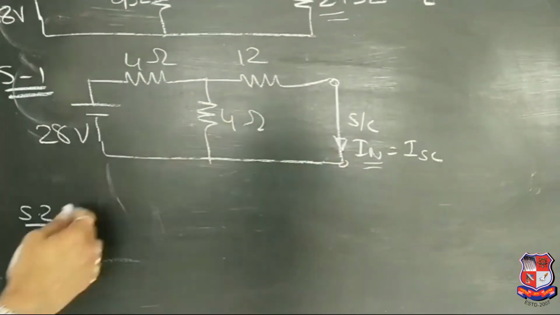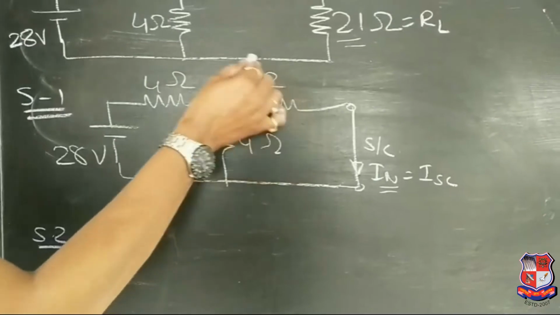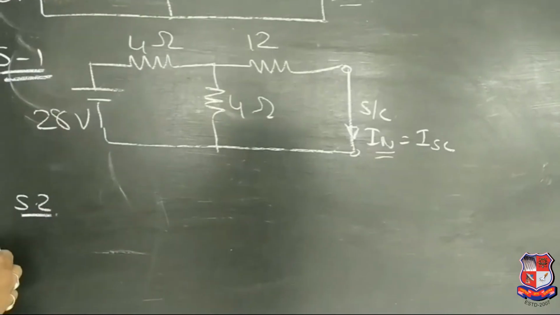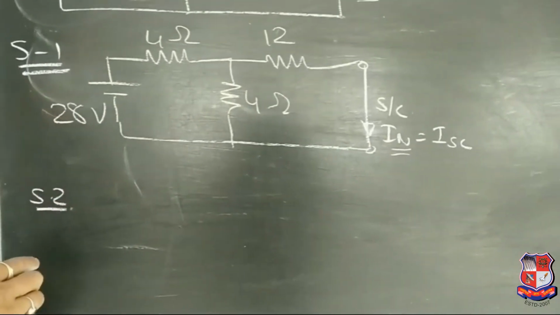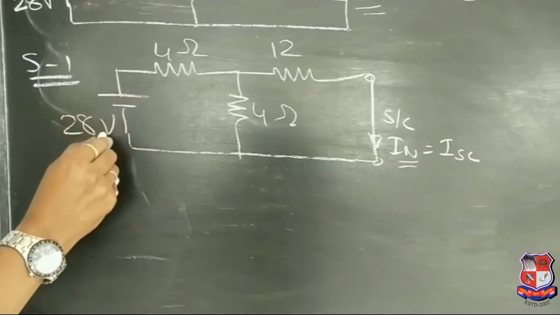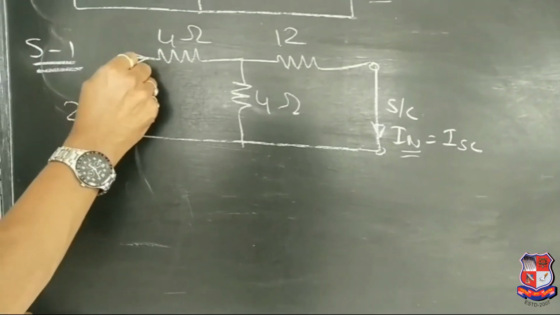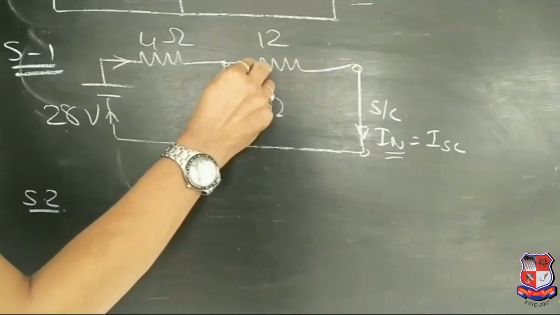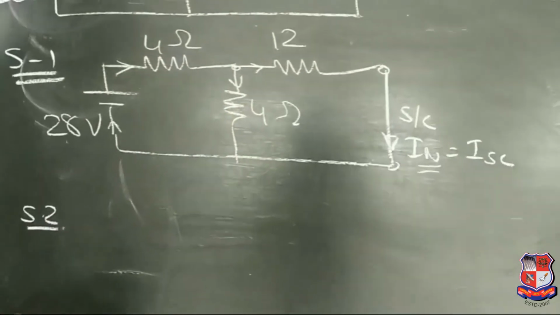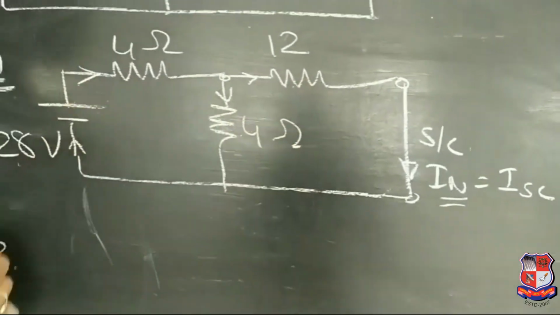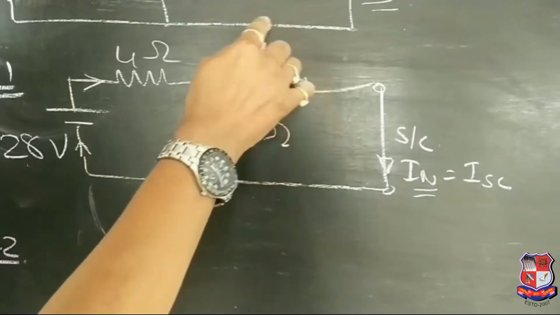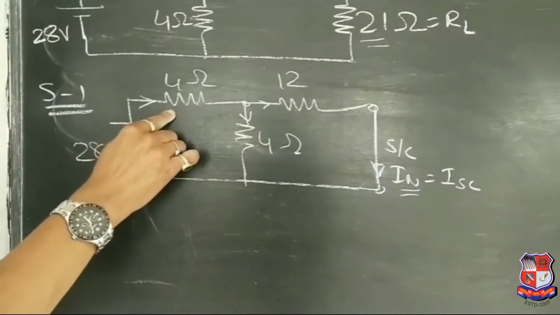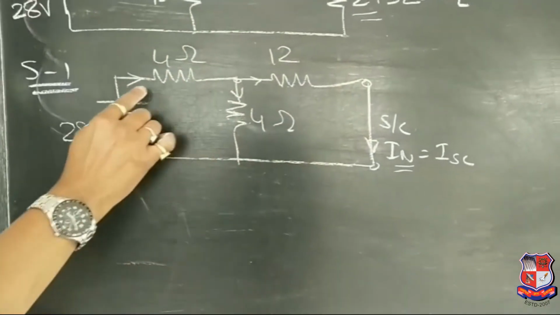So to calculate the Norton current, what we have to do first? We have to find out the equivalent resistance for this network. See the network carefully. The current always flows from positive terminal of battery to negative terminal. Means due to this 28 volt battery, current will flow in this direction and then back to the negative terminal. At this junction point, current will be divided into two paths. Means what? These two resistors are connected in parallel. So first we have to find out the total of these two resistances and then we have to add this resistance. That will be our equivalent resistance for this network.